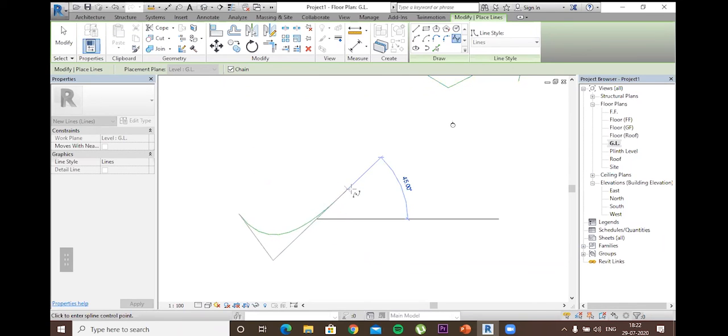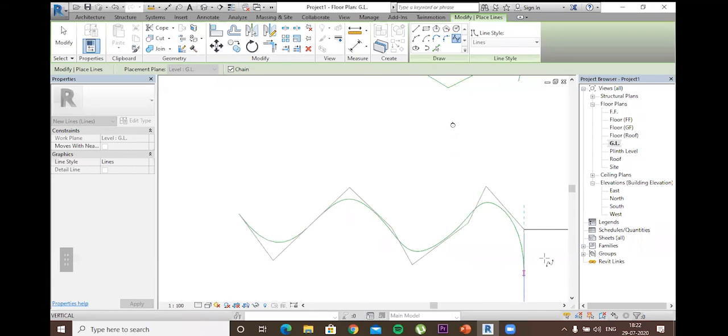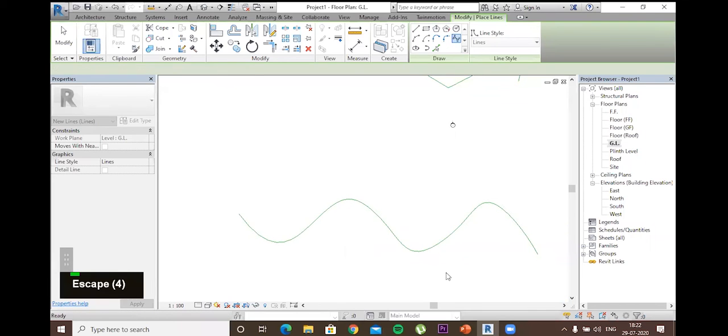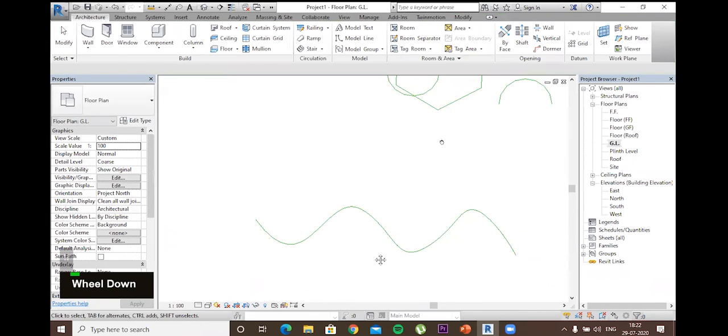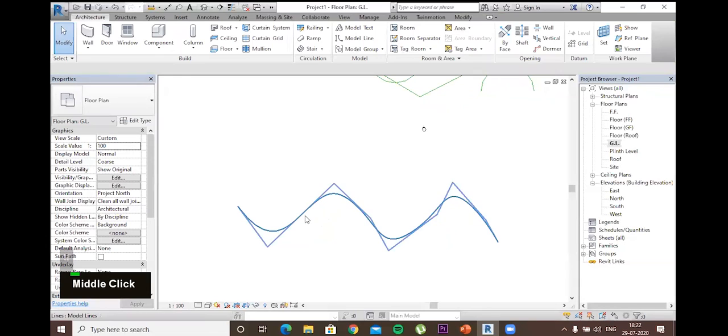Then if I click here, and the 4th point will be here, it will continuously create an arc or a curved structure on each click point. So this is a very useful thing which we might be using while creating curtains and water bodies and different things. It is used in creating different type of things which have a curved continuous boundary.